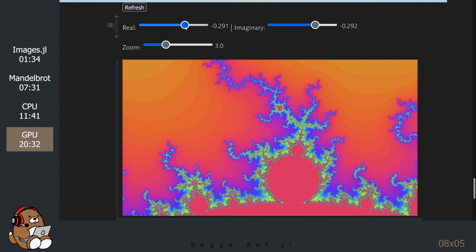Just for fun, let's pick a spot and keep zooming in to see what happens.